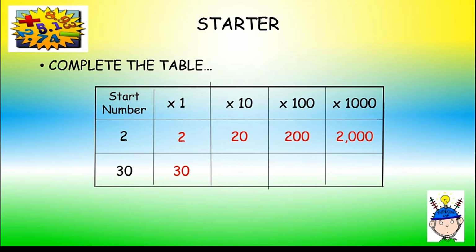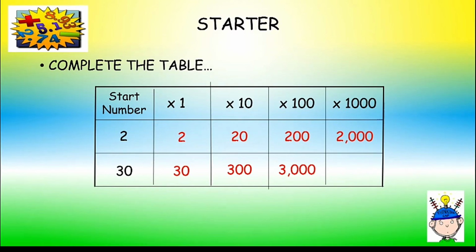Next, 30 times 10 or 3 times 1 equals 3, and we have 2 zeros. So, we have 300. Next, 30 times 100 or 3 times 1, and copy the 3 zeros. The answer is